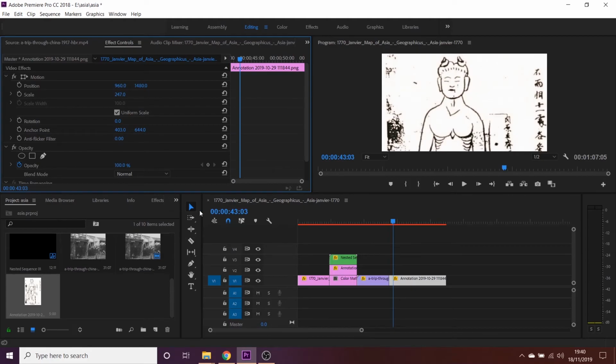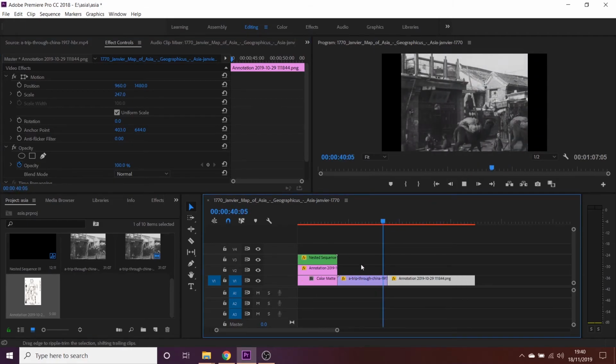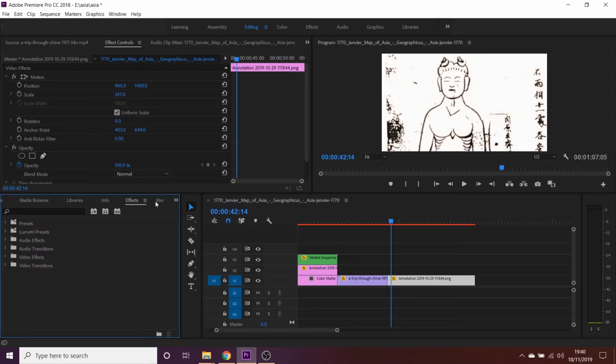and now I'm going to add a transition between this footage here and this image. So in this panel, we can go to effects, and we have lots of different video effects. You can blur the footage, you can change the color. But if we close this by clicking this arrow and go to transitions,